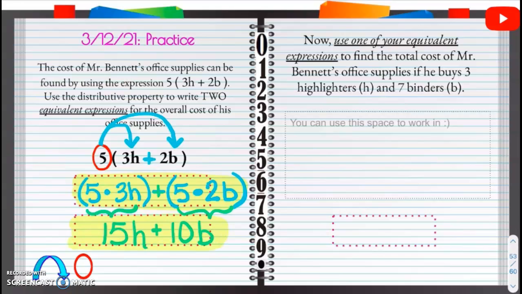All right, now we're going to use one of our equivalent expressions. So either one that you want to do. I am going to use this one because I think that looks a little bit more clear for me to see and use. You can choose whichever one you want, and you will get the same answer. So I challenge you to do that. We're going to find the total cost of Mr. Bennett's office supplies if he buys 3 highlighters, which is represented by H, and 7 binders, which is represented by